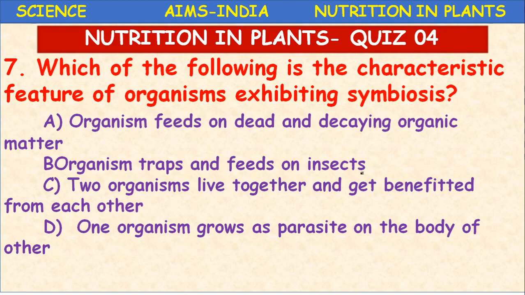So symbiosis, symbiotic association means two different organisms associate with each other, get benefit with each other, are mutually benefited. Such a type of nutrition is called symbiosis. So what is the correct option here? C. Two organisms live together and get benefited from each other. Okay, children. Next,